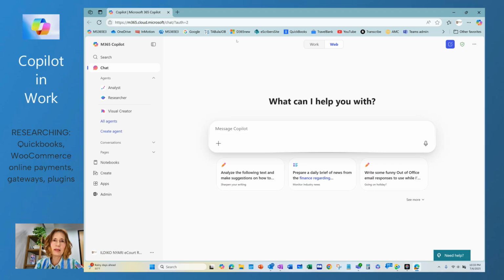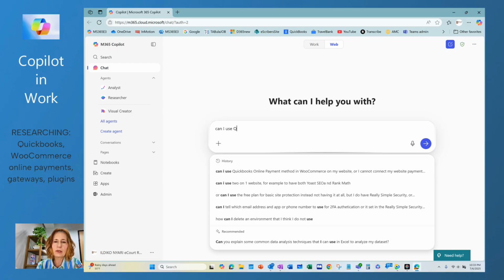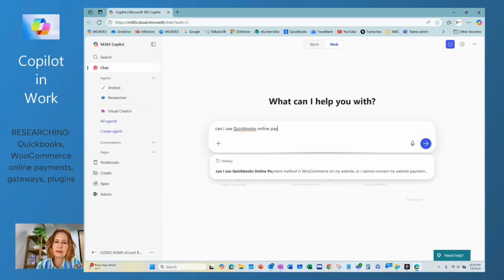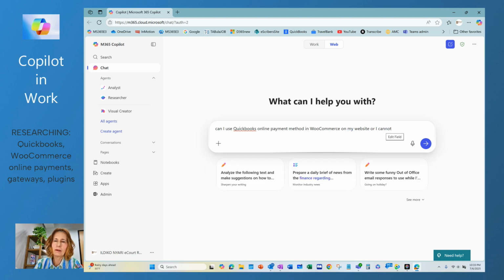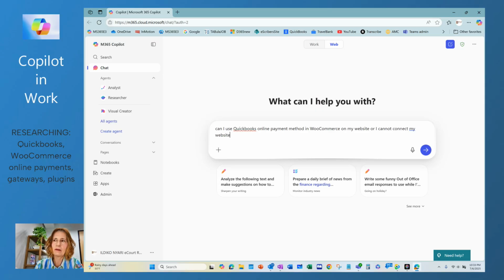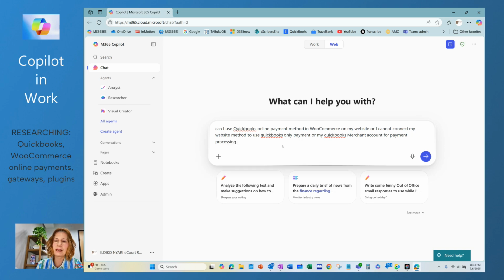Typing in, so basically I just open the web browser and Copilot pops up, and I just ask, for example, can I use the QuickBooks Online Payments method as the online payment method in WooCommerce on my website, or can I not connect my website to use QuickBooks Payments only, or my QuickBooks merchant account for payment processing? So this might be quite a mouthful, but let's ask. So I just quickly enter,